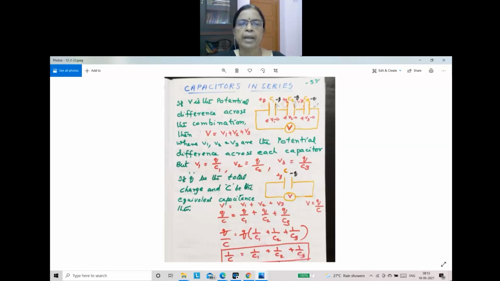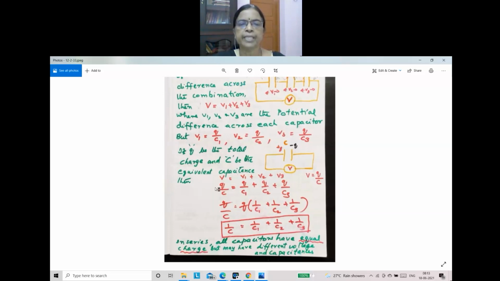Then total potential difference V equal to V1 plus V2 plus V3. Q by C equal to Q by C1 plus Q by C2 plus Q by C3. Then the common factor is taken outside, 1 by C1 plus 1 by C2 plus 1 by C3. Then next step, Q is there on both sides. V is taken as Q by C, children, because if instead of these 3 capacitors, if we connect a single